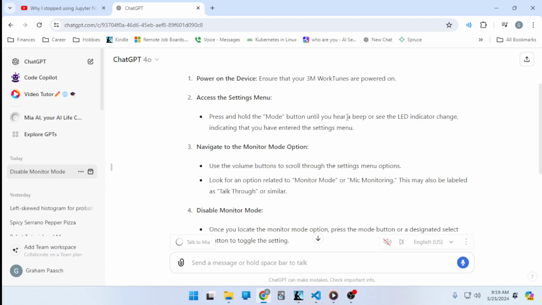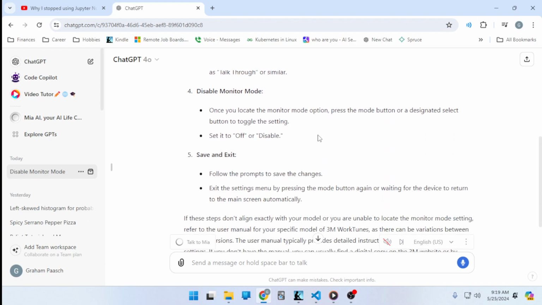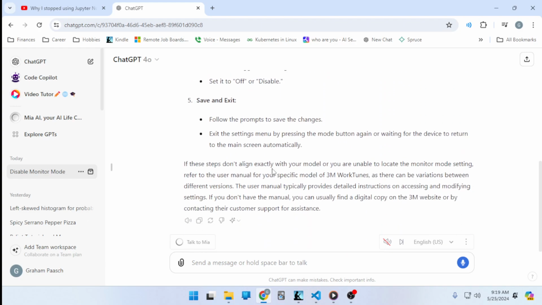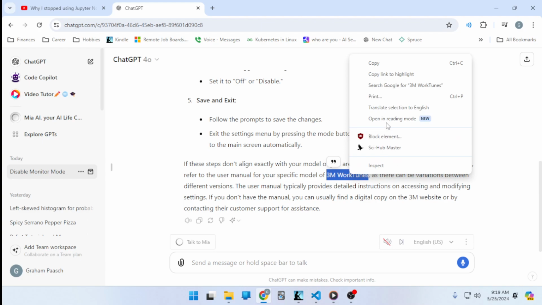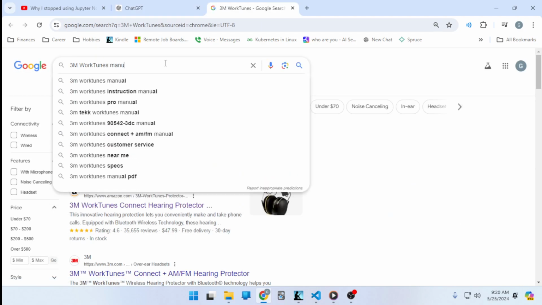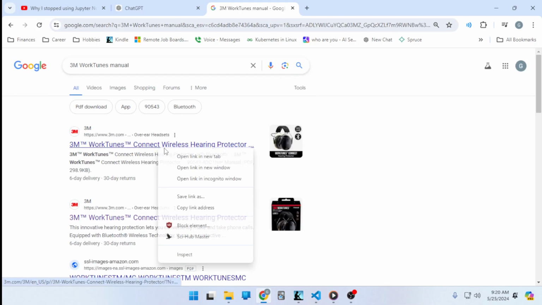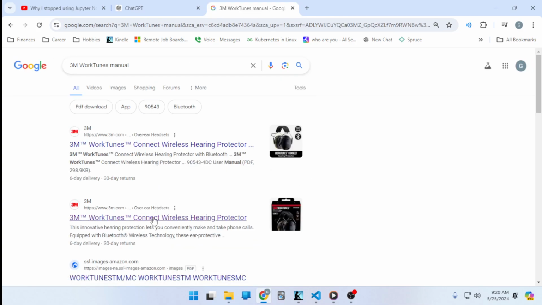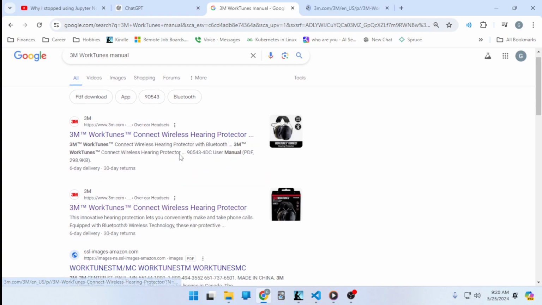Yeah, so I'm not sure. Yeah, so I guess I'm not sure how to. Yeah, so let's try to look at the manual. And we'll try to look at the manual for the particular